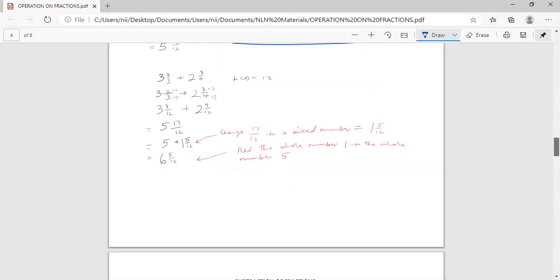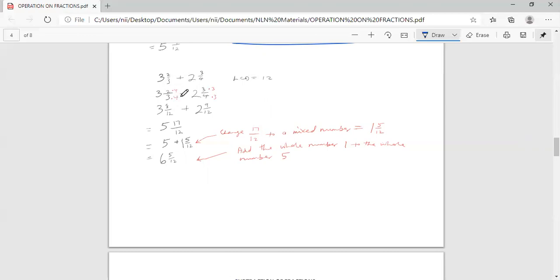All right, let's try another problem. 3 and 2/3 plus 2 and 3/4. Add these two up. So the denominators are 3 and 4. For 3 and 4, the LCD is 12. Okay. So equivalent fractions